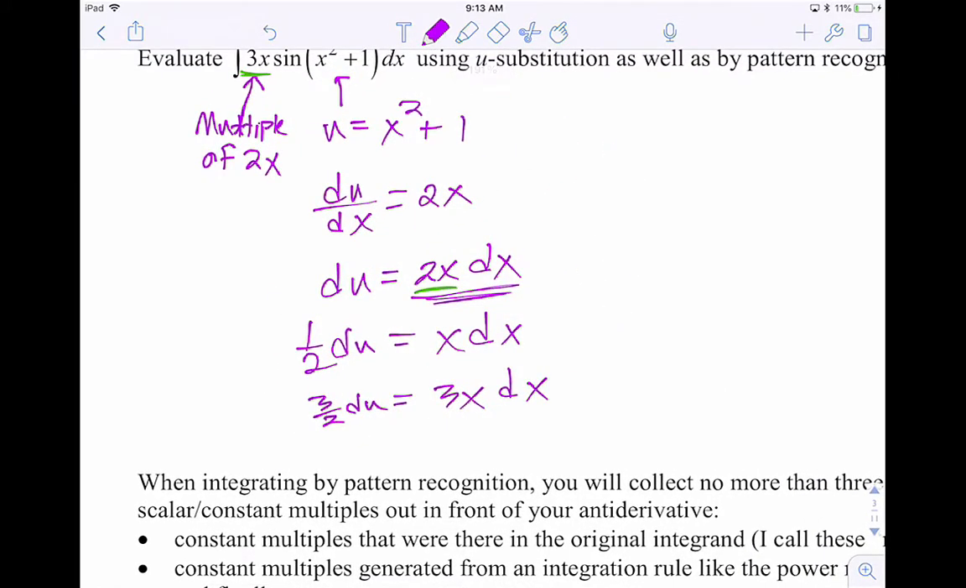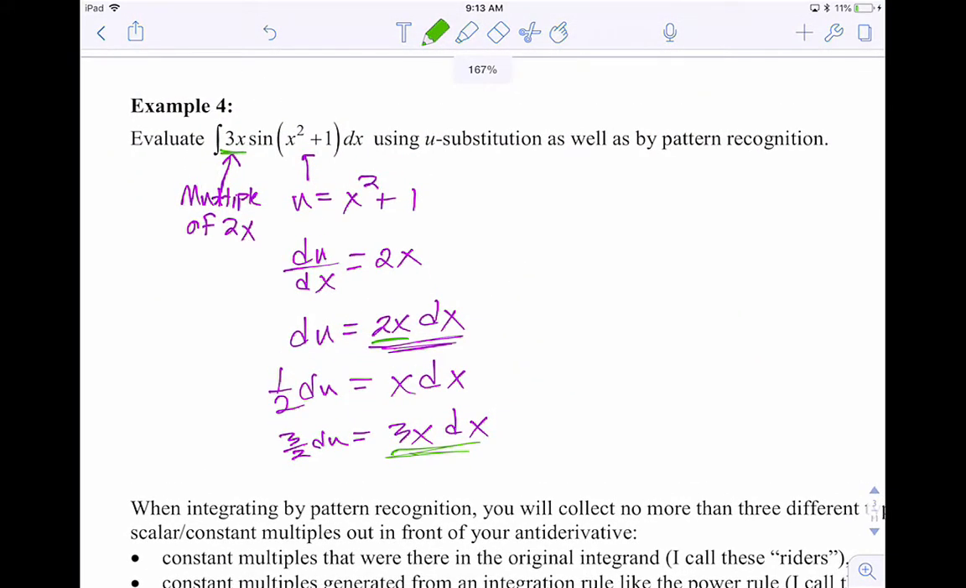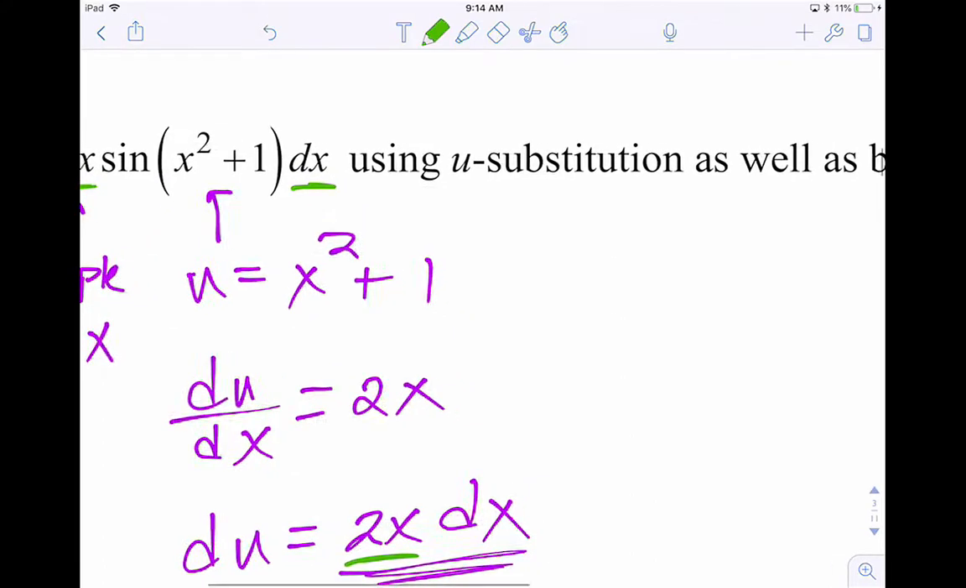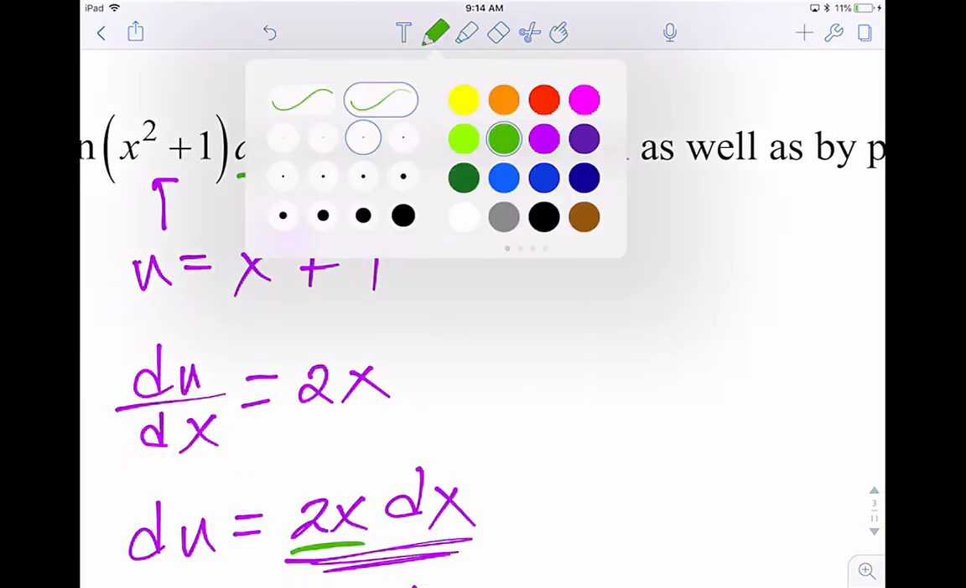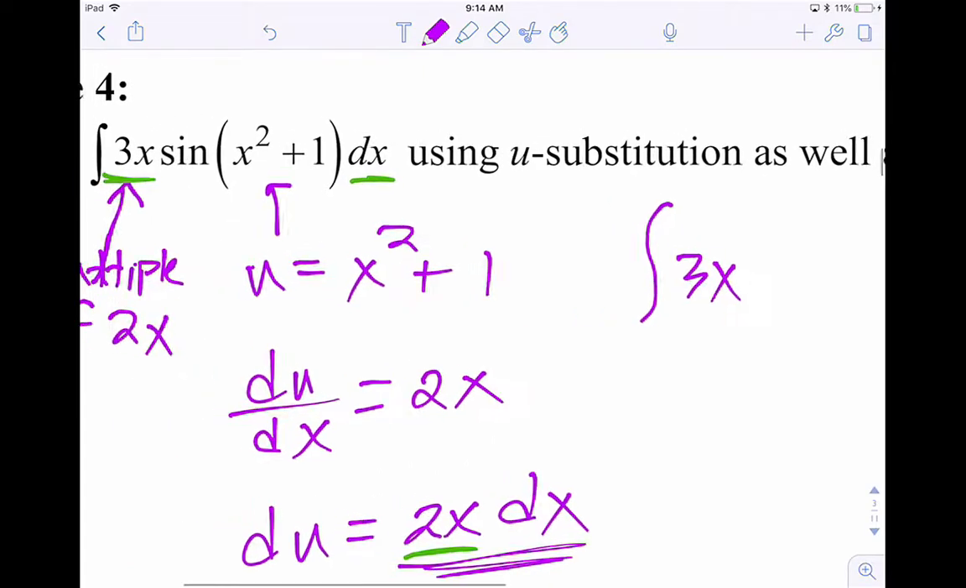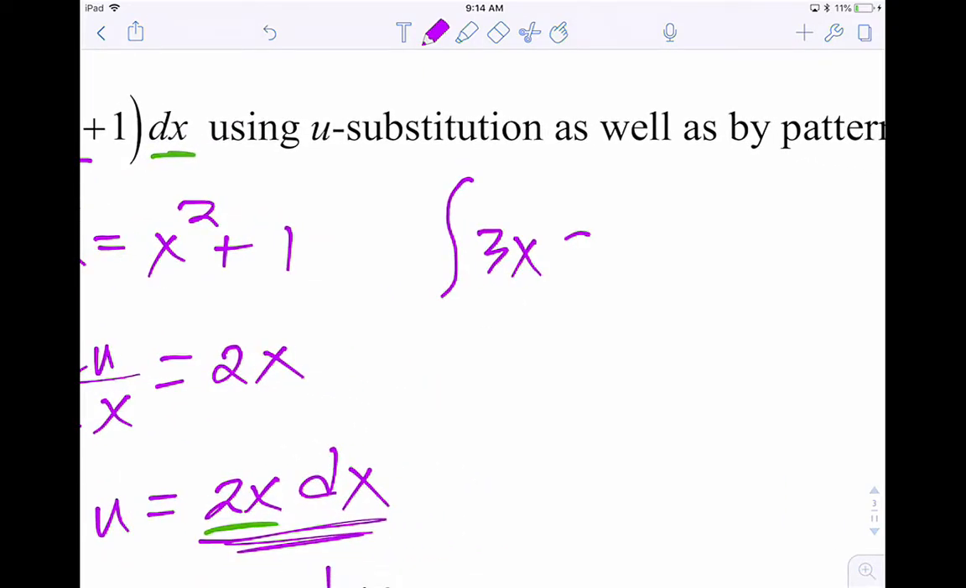It's a little algebra manipulation, but here's what I wanted. I really wanted this to be something that can replace what's up here in my equation. That 3x dx in the original, I can replace with the 3 halves du. And I'm going to parallel it. See if you can follow this, and you can write it any way you want in your notes. Maybe I'll do it off to the side. Okay, here's my original. And right here, 3x sine, correct? Yep, sine of x squared plus 1